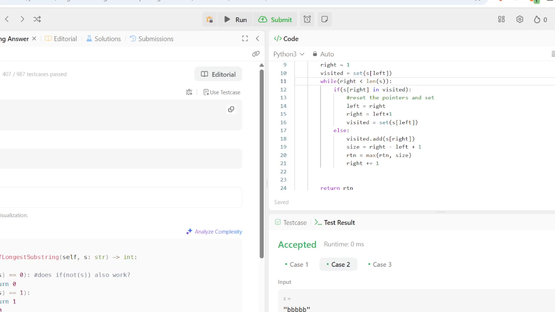Because what we need to do is move R plus 1, and then we have to increment L until it gets to the duplicate. Does that make sense, right?